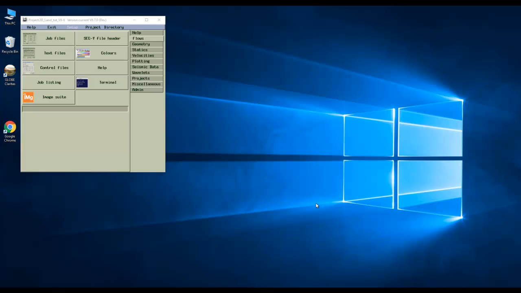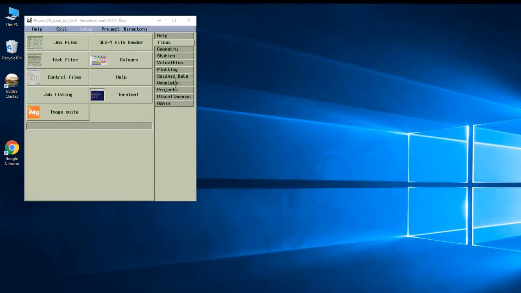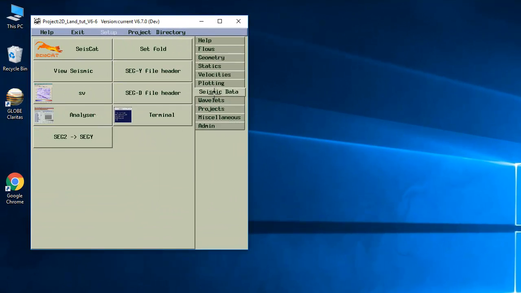A lot of the work we've done on this release has been focused on improving, simplifying and making it easier to QC the refraction statics process from its initial auto picking and first break picking through to generating the statics and displaying and understanding how good a solution you have achieved. So I'll initially start off by showing you the improvements we've made to the auto picking and the QC of